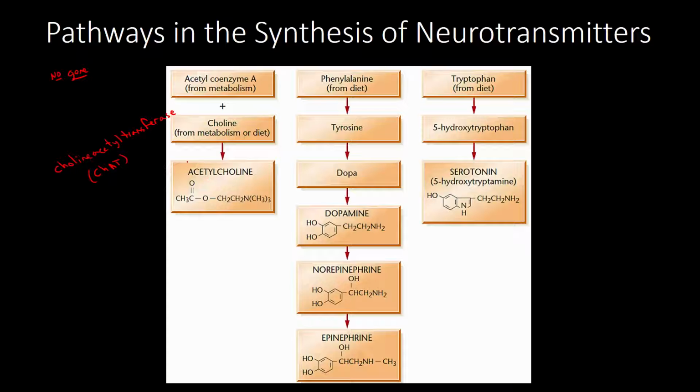Okay? So here's something that's important. This is an enzyme. That means it's a large protein. That means there's a gene for it. So if I want to make more acetylcholine, I can turn on the gene and make more CHAT. The more CHAT I have, the more of this reaction is going to occur